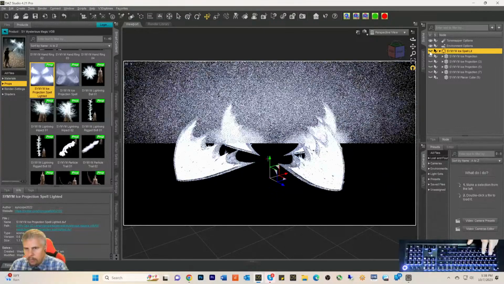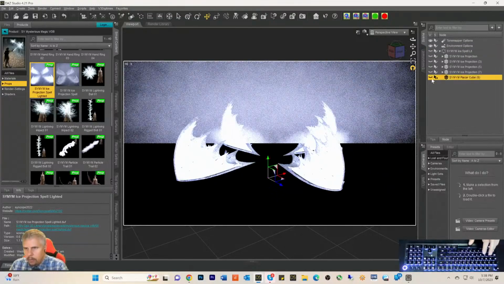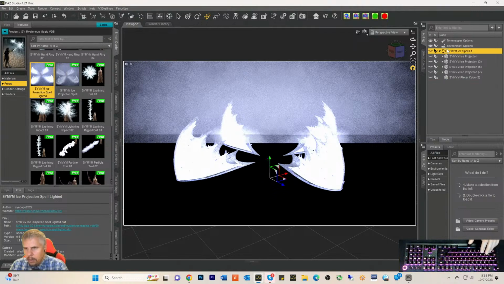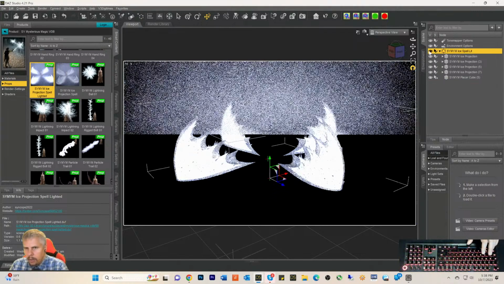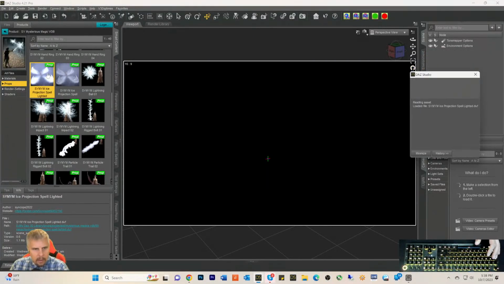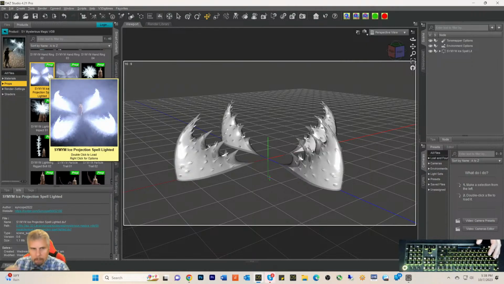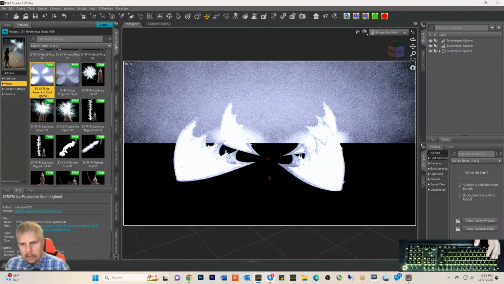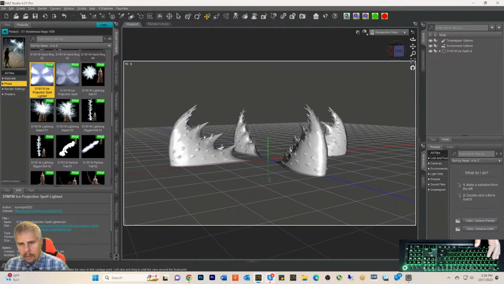Now if I turn this off, turn this back on like this, well, that's not going to let me do it that way. I may have corrupted this. I think we got to put it back in. Okay. No, I have corrupted